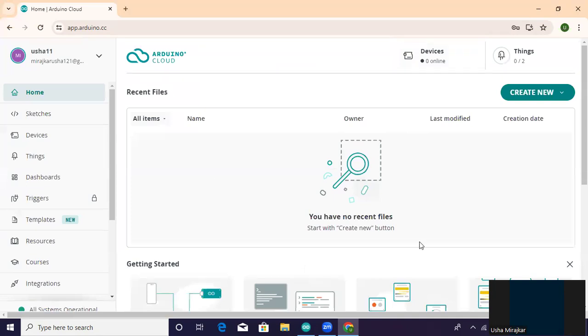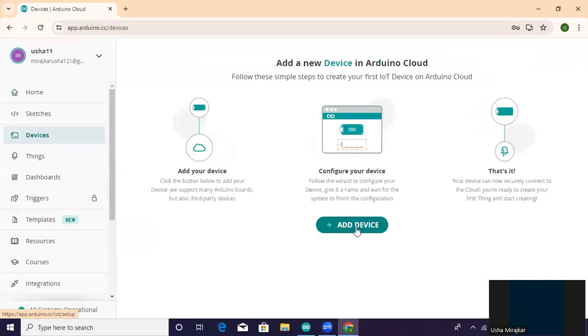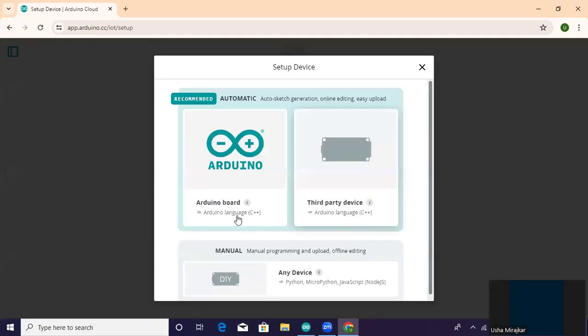Now we will create the new devices here. Click on the device. Add the device. Here you select the third party device.